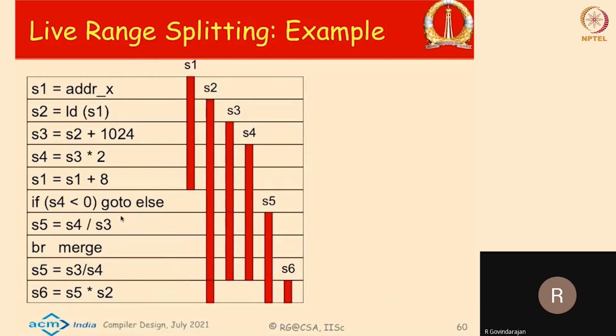you can actually split it in the following way. I'll show you, right? S2 is being used here, and in this region it is live, but then it is only used subsequently only here. So in between this region, it is live but not used. Therefore, if I can split the live range at this point and then reintroduce it, so for splitting it, I may require a spill, and then for reusing it, I may require a load. So there is a spill store and a spill load that I would incur, but then